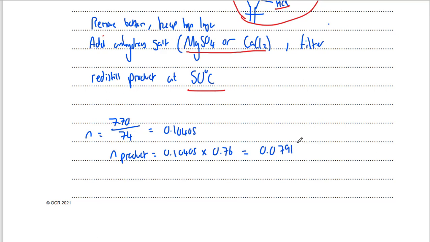And then to work out the expected mass, you simply have to take the number of moles, so mass equals n times Mr. You take 0.0791 multiplied by the molar mass of our product, which is 92.5, and that gives us 7.315,